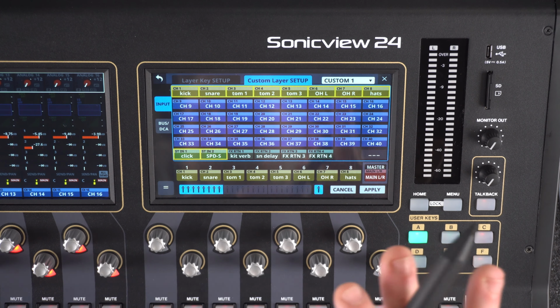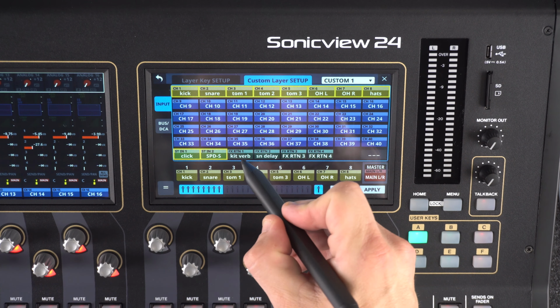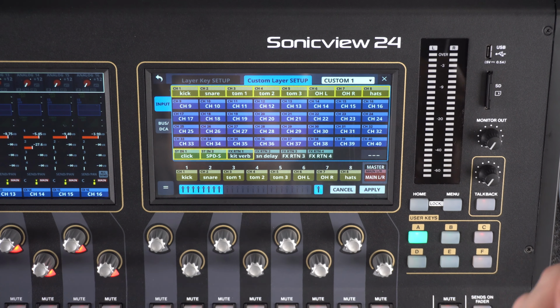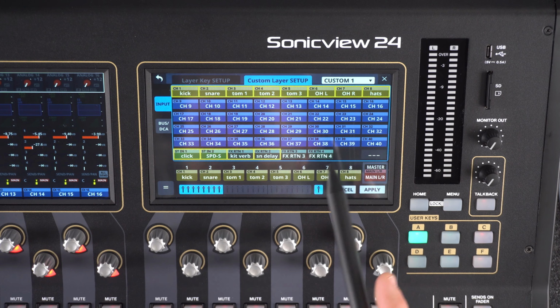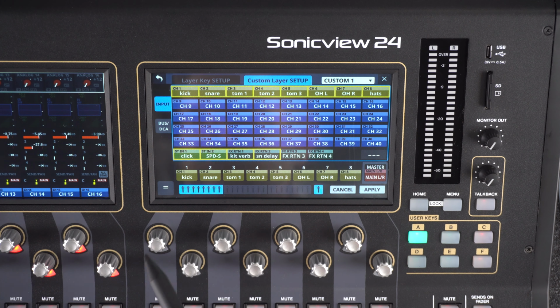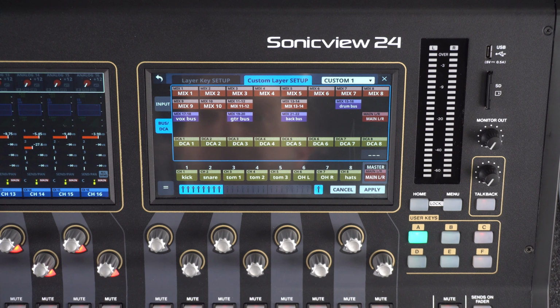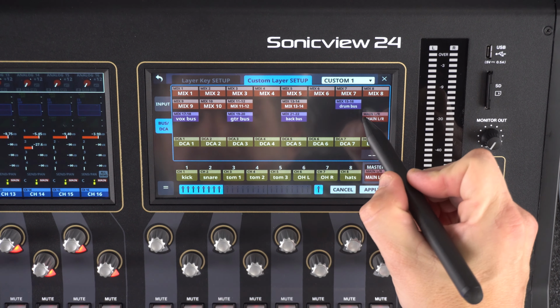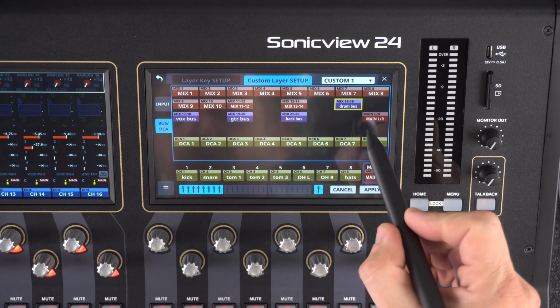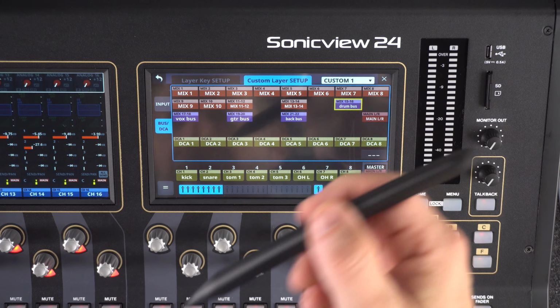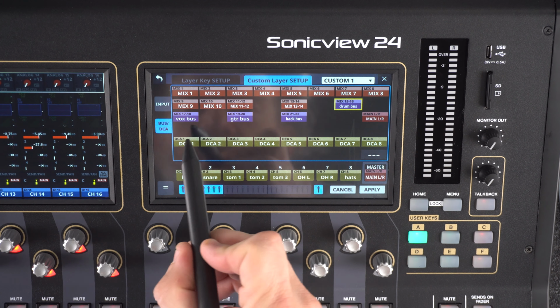We've got a couple of different effects on our drum kit. We've got an overall kit reverb, and then we also have a nice little delay on the snare for some added depth. Now over here on the side, obviously we've been working on these inputs, but we also have a bus DCA section. So I am going to touch that, and now we have some additional stuff going on here. So I'm going to touch this Mix 15-16, and as you can see, this is labeled drum bus. So I'm now adding that into our custom setup.